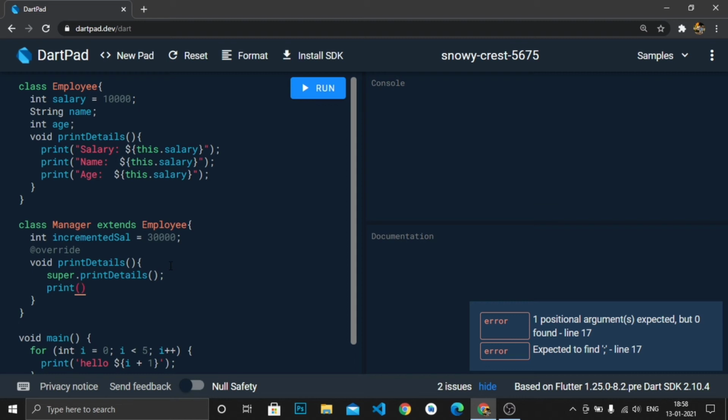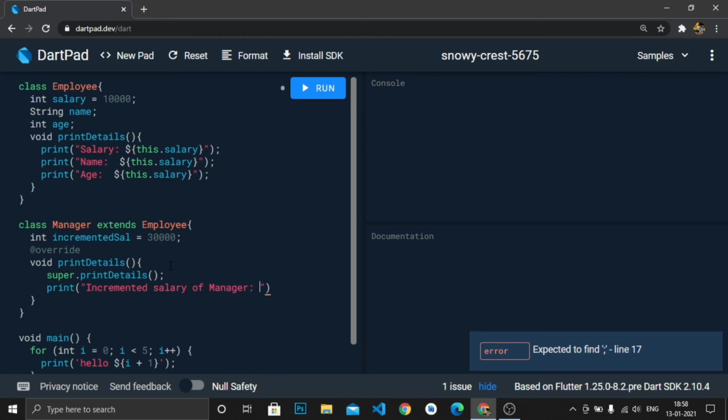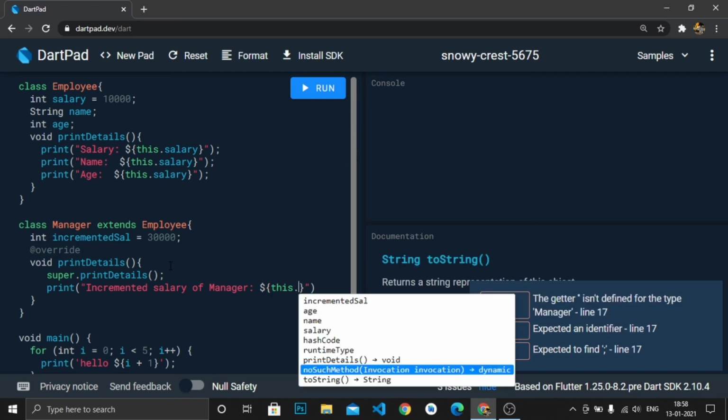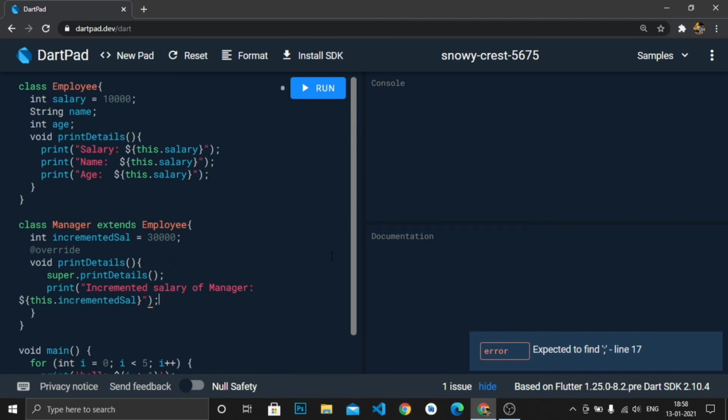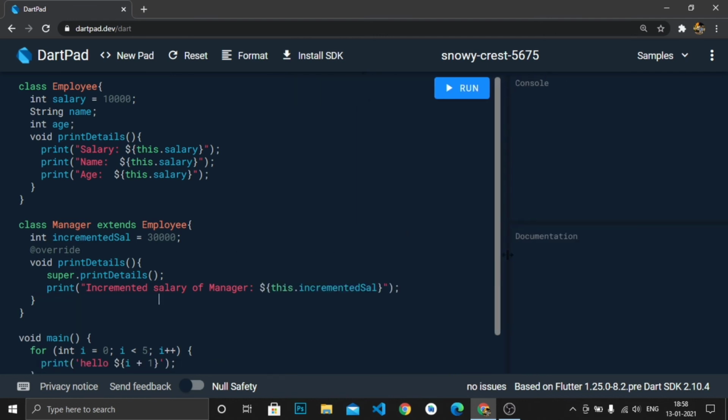So we have print incremented salary of a manager and dollar symbol again, this dot incrementedSal, and semicolon.